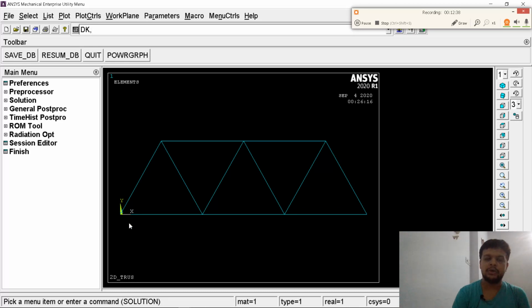This node at origin cannot move in any direction. So DK comma which key point, I want to apply on the first key point, and in which direction, in all directions, and we are going to restrain it. The first key point, which is at origin, cannot move in any direction. You can see that this has been fixed by these two triangular supports. The vertical one will resist motion along the y-axis, and the horizontal one will resist motion along the x-axis.